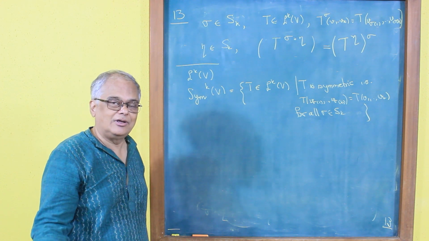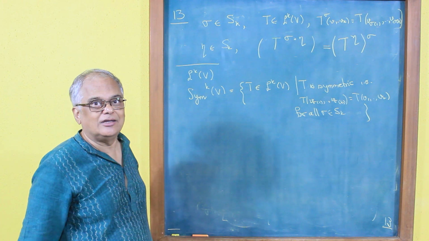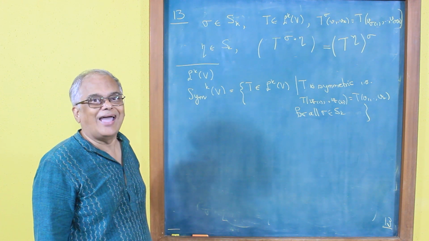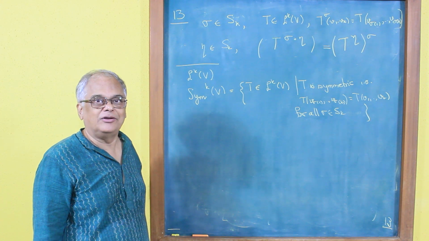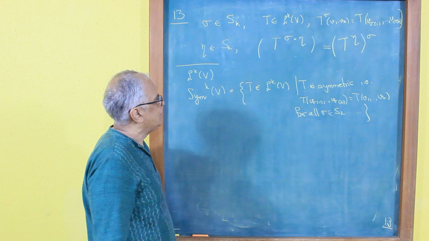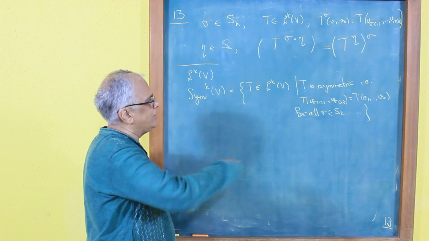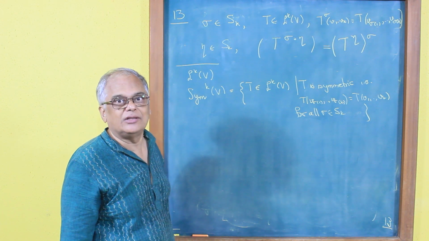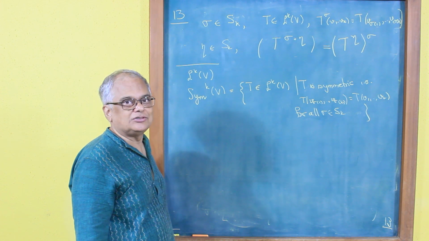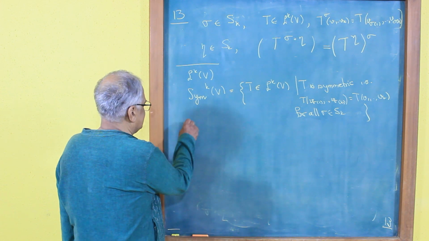Why do you call it symmetric? Because a fancy way of saying it is that it is invariant under the action of the symmetric group. This is not quite an action, but anyway, let's not worry about that too much. So T is symmetric if no matter how you commute V1 to Vk, you get the same value of T. So the first exercise is to find such things. So exercise,